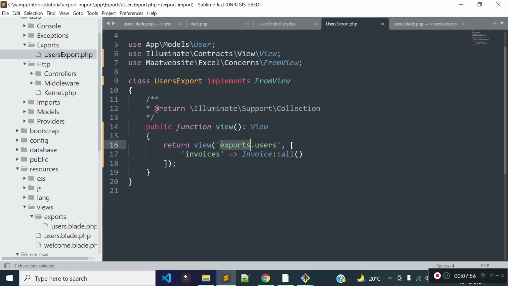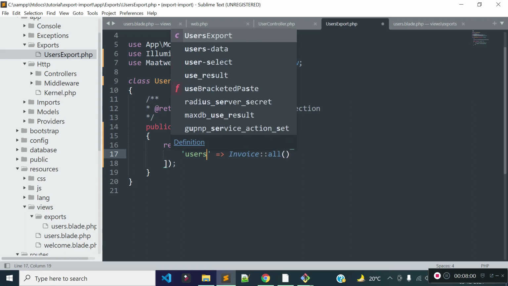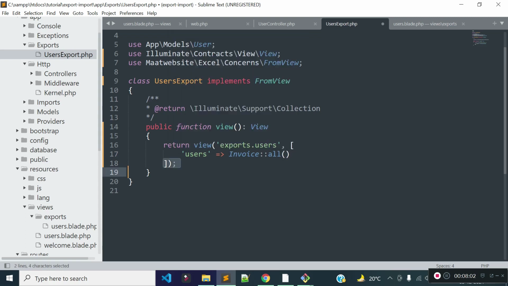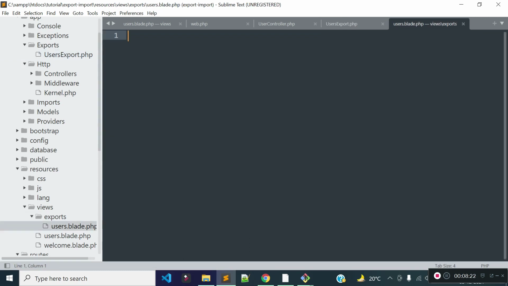That's why we provide export, then dot, then users. Then I'm going to provide the list of user data to this view file. I'll provide users: User::all. This will fetch the list of user data from the users table, and I'm passing the data to the users variable. So this users variable will be accessible inside our users.blade.php file, which is inside our resources views export folder.